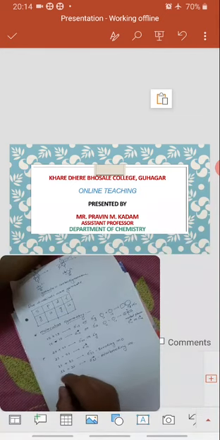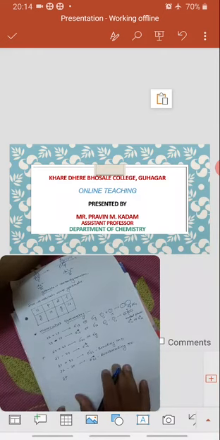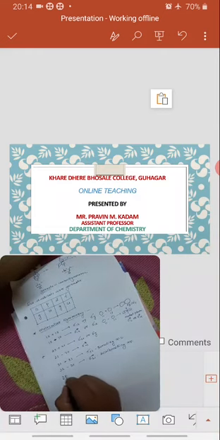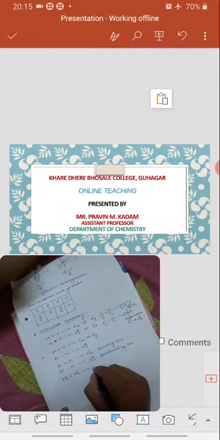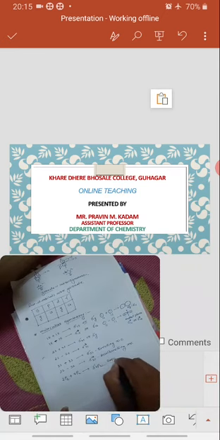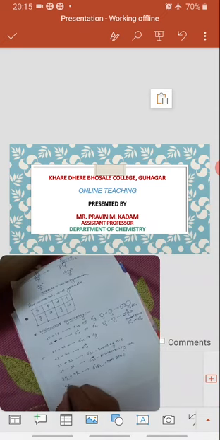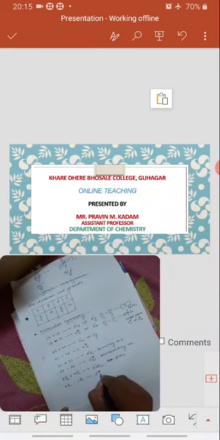You can apply this for the 2p orbitals. P orbital has px, py and pz orbitals. If you take a 2pz orbital overlapping with the 2pz orbital, pz orbital is along the molecular axis, therefore it will create sigma 2pz. This is the bonding molecular orbital, BMO, meaning bonding molecular orbital. If it is a negative overlap, it forms sigma star 2pz.